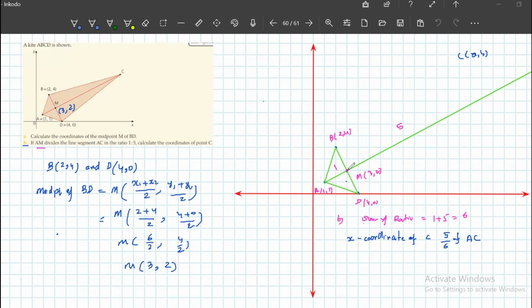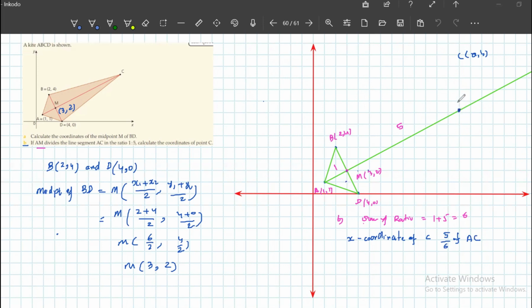Similarly, from M to C we have 5 more parts. It means from M to C, if we have 2 units right for one part, then 10 units right from M and 5 units up. If I check here, 1 2 3 4 5 6 7 8 9 10, and 1 2 3 4 5,